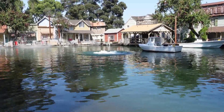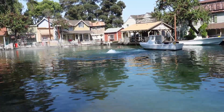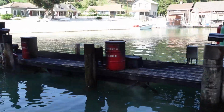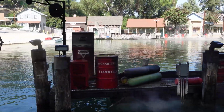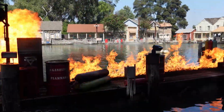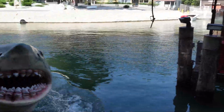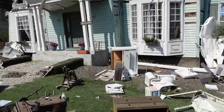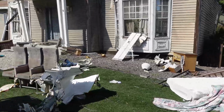Just kick it with your flipper, it'll swim right away. I promise, I ain't never lied to you before, except for today. Yep, George has got a lot of guts being in that water, y'all. Flammable gasoline barrels. Right, just make sure to stay seated and hold on, everybody. Most impressive. This one here was used for director Steven Spielberg and production designer Rick Carter's film, War of the